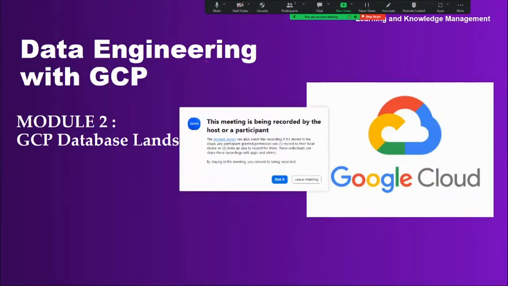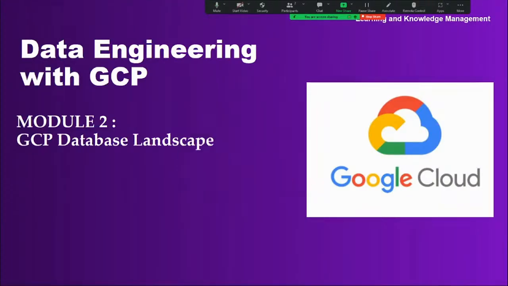Recording in progress. Right? From today onwards, we're going to discuss the very first topic, that is, in GCP, we have a GCP database landscape and big data landscape. So one by one, we are going to start. In the first half, I'm going to explain a few concepts related to the databases, that is our Google Cloud Storage. And after that, we're going to start with